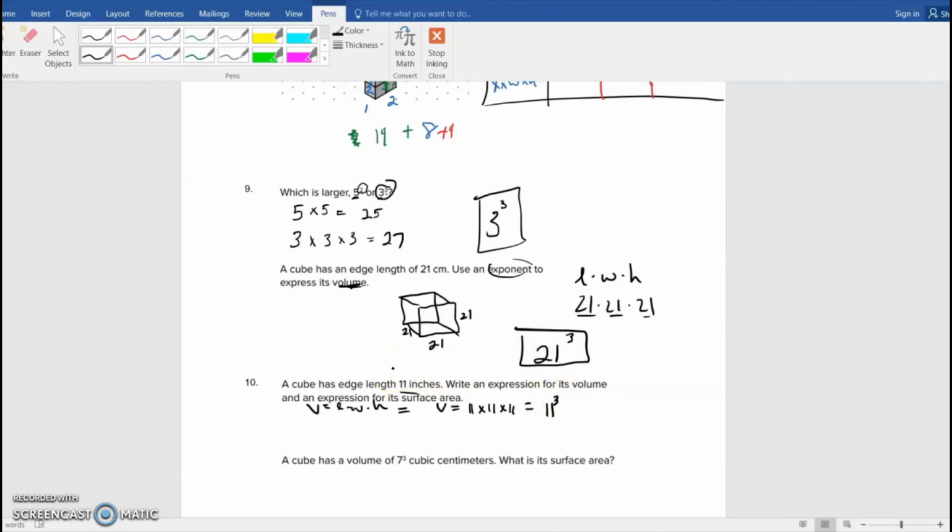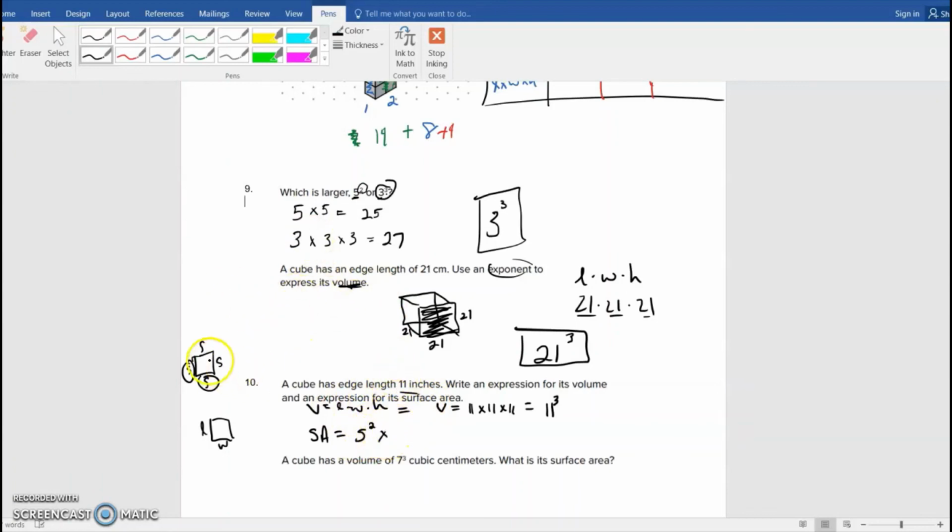And then the surface area is a little bit different because in the surface area we have to find the area of one side first, which in our case, since we have a square, you could say length times width, or you could just say the side length, S, because each one of these sides is S, and to find the area it's just one times the other, so S times S, or you could call that S squared, the side length squared,